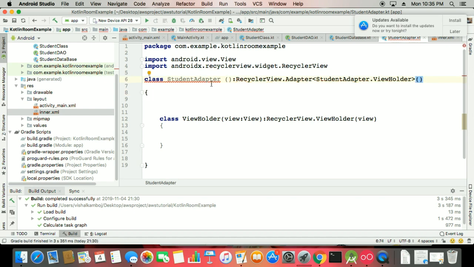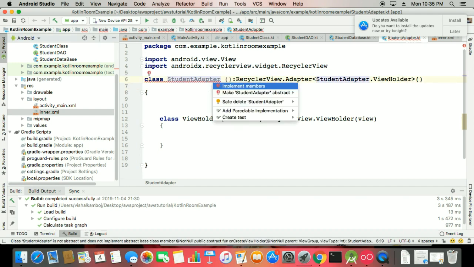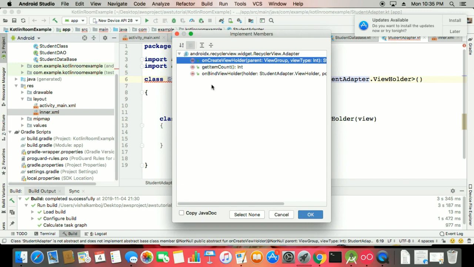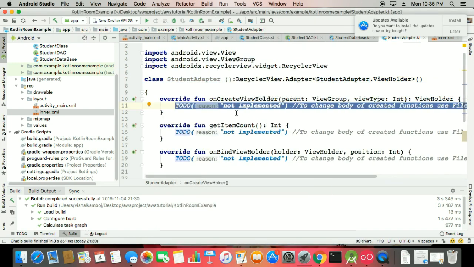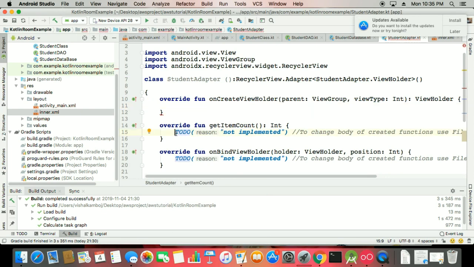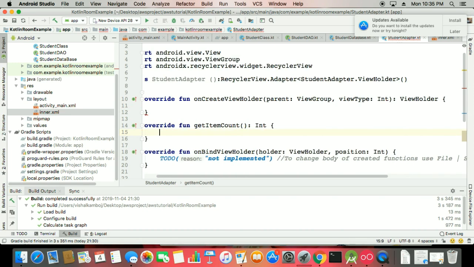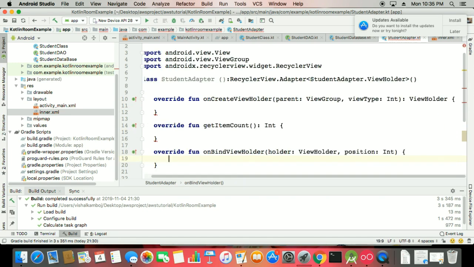Okay, primary constructor, and here implement members. So you have to implement all the members here, and delete this TODO, and yes, Shift and Delete this. Okay, so now first we have to go for our count values and likewise that, but before that inside